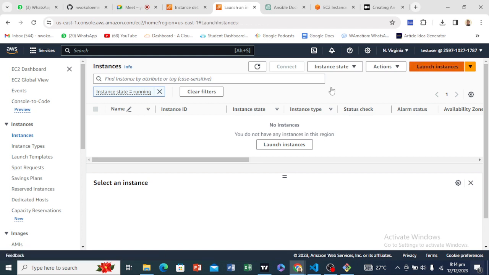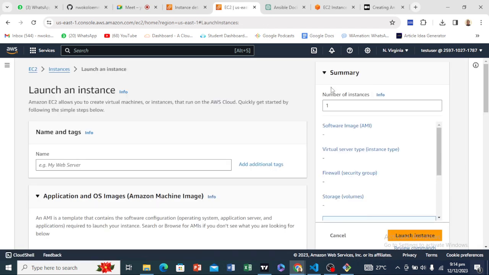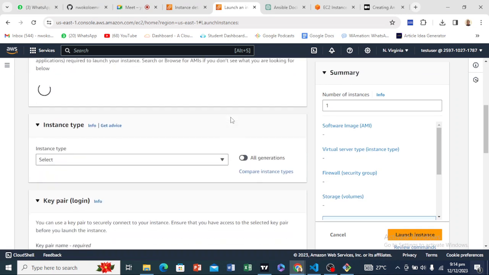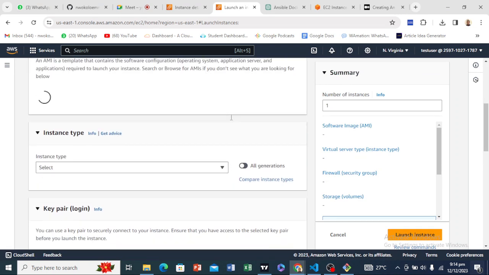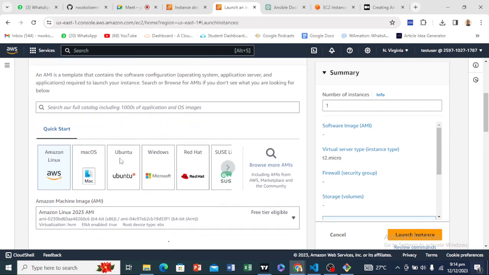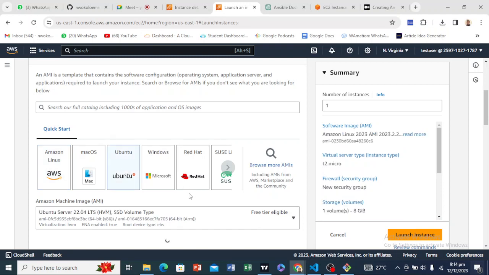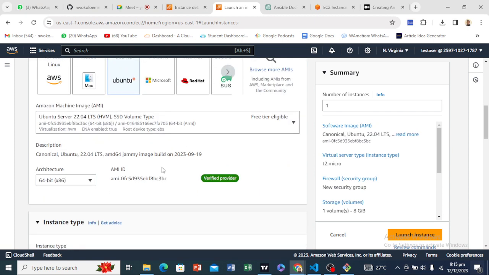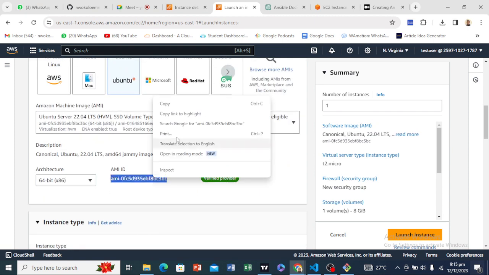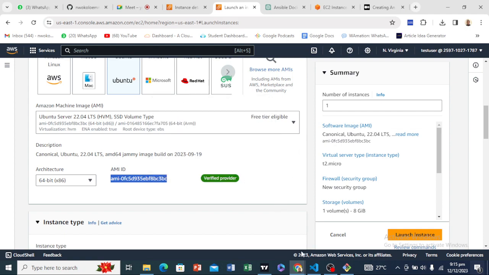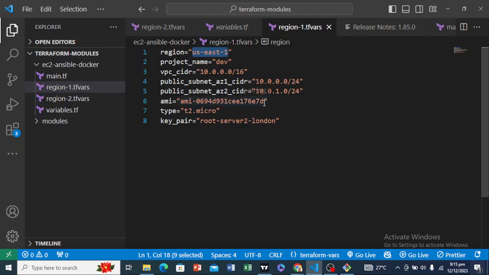So launch instance, and let's select Ubuntu. Okay, so it's a different AMI ID that is here. We are going to copy this and add it to this. Okay, so now that we have our AMI ID,